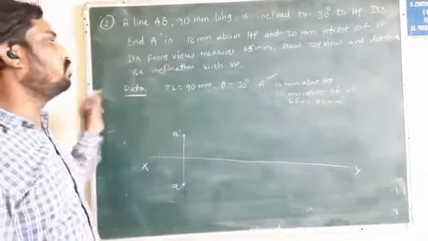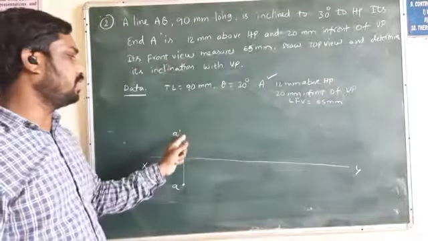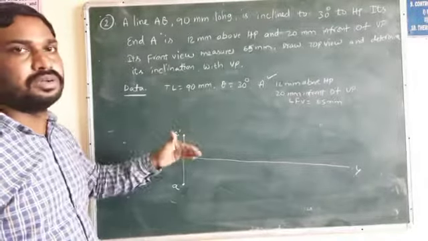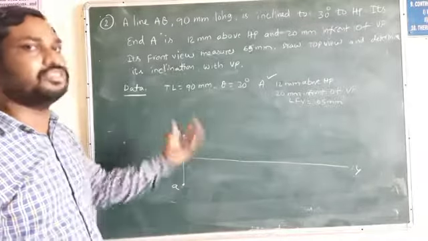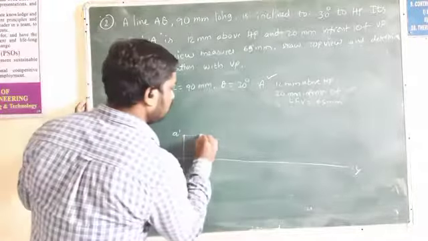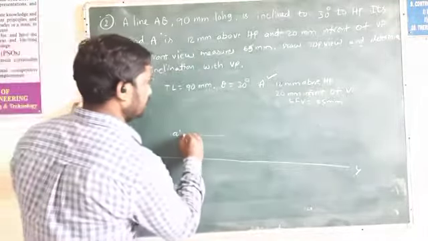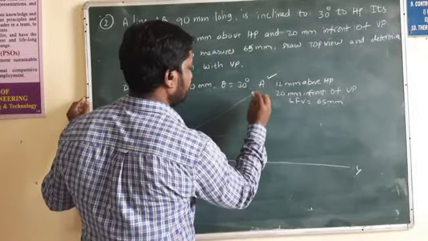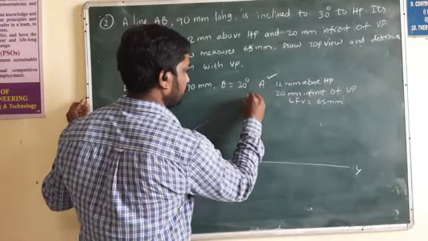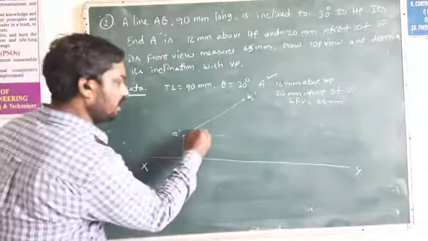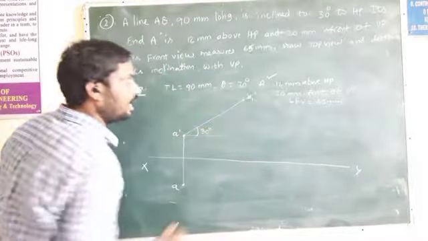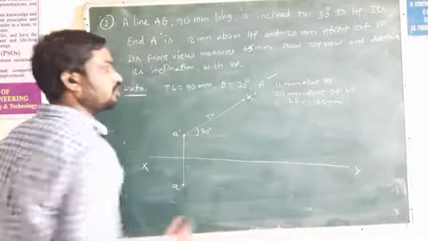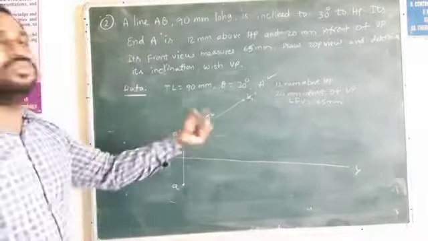Point A is done. Now go for theta inclination, 30 degrees. Theta is the line above XY, inclined direction means above, while in the top view it is below, because it is the first quadrant. So draw the 30 degrees angle line, and it should be from A dash to B1 dash, at an angle of 30 degrees. What is the length of A dash to B1 dash? It is the true length, equal to 90 mm.